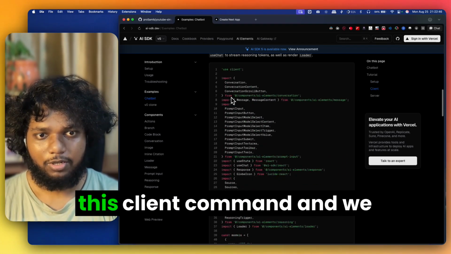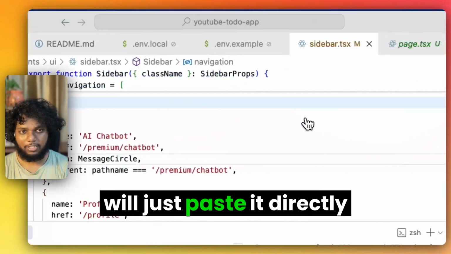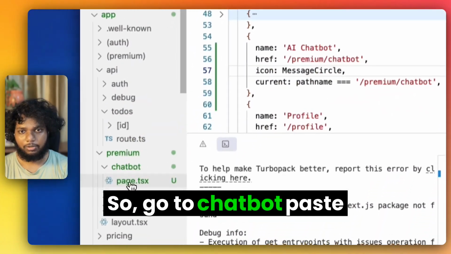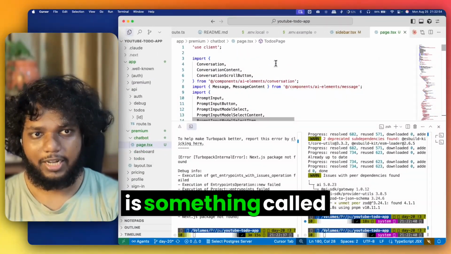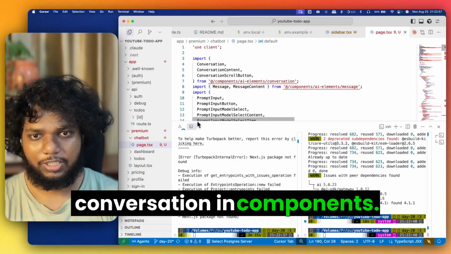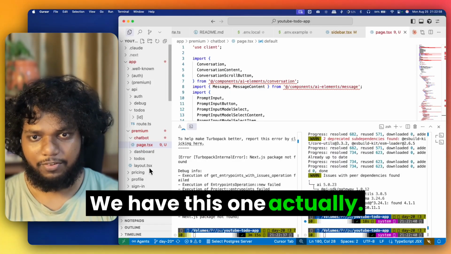Now we have to copy this client command, and we will just paste it directly here. So go to chatbot, paste the client directly here. Now what you exactly need is something called conversation in components. We have this one actually